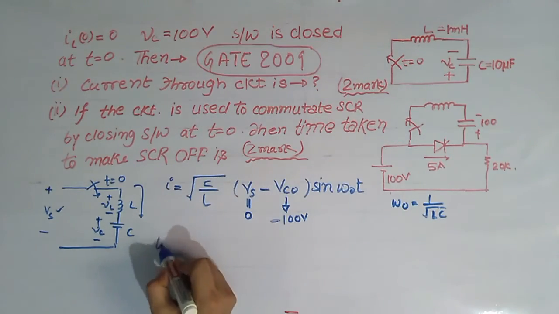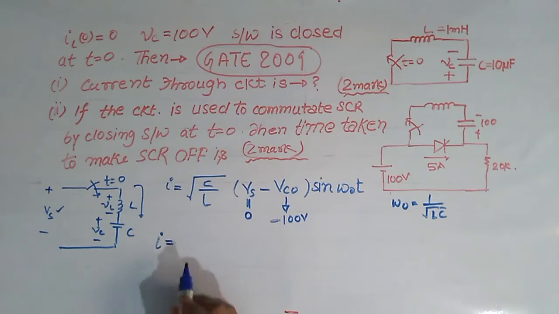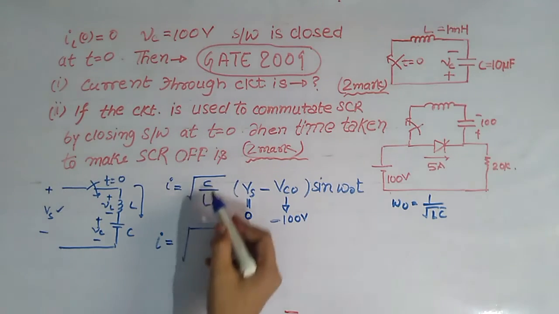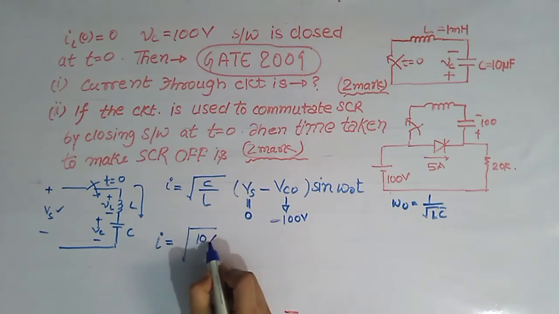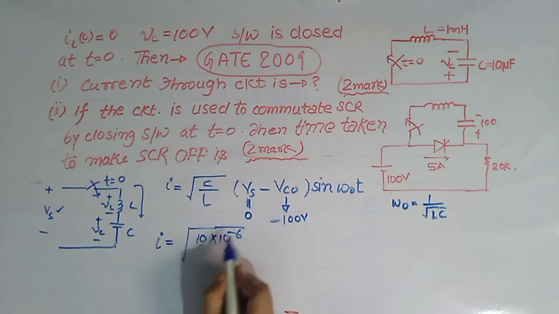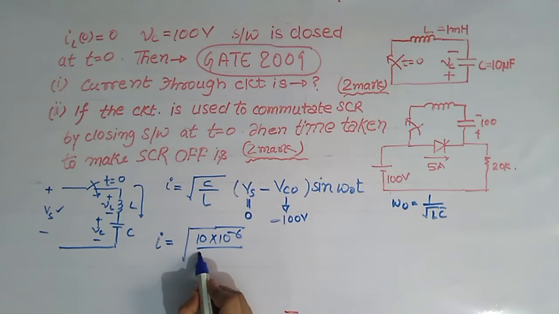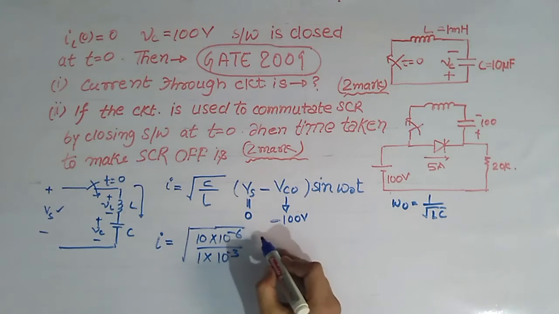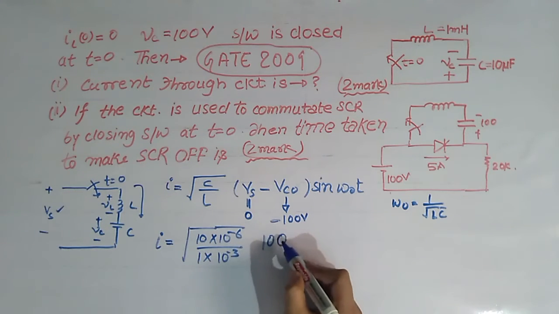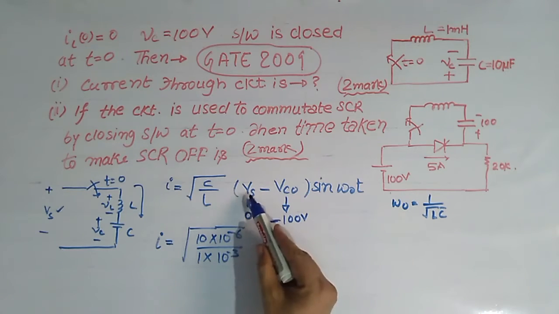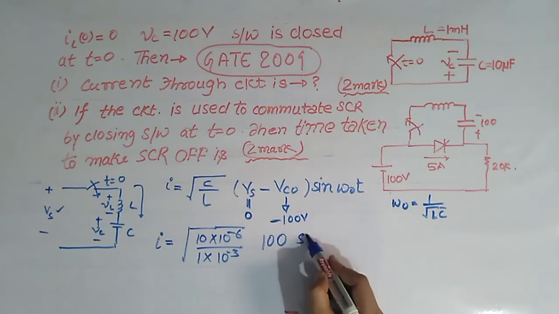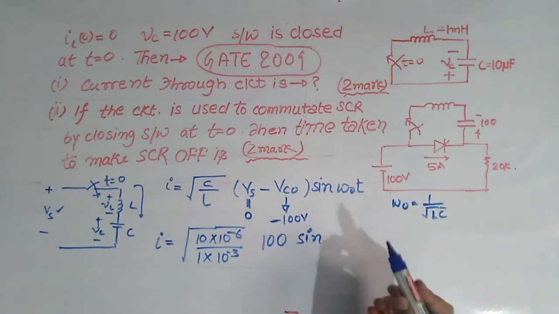So simply putting, we get I equals under root of C, that is 10 into 10 to the power minus 6, by L, that is 1 into 10 to the power minus 3, times 100, because minus 100 with the minus sign becomes plus, and Vs equals 0, times 100 sine,